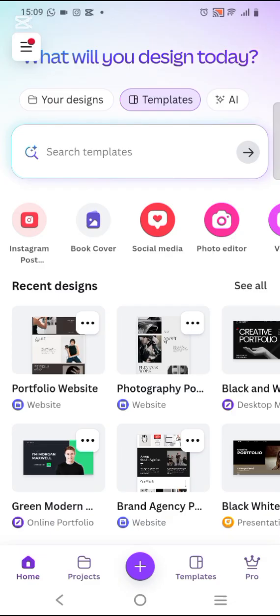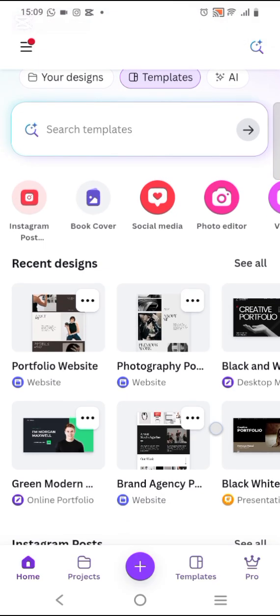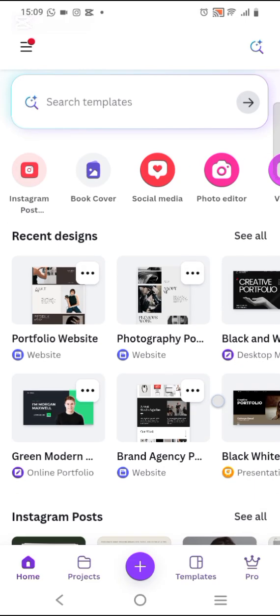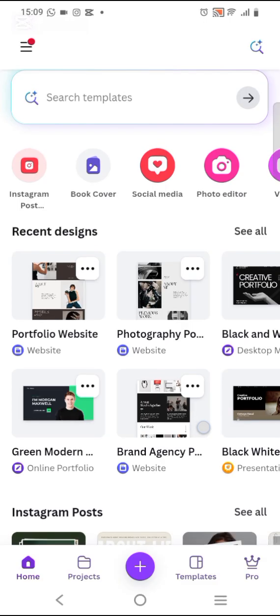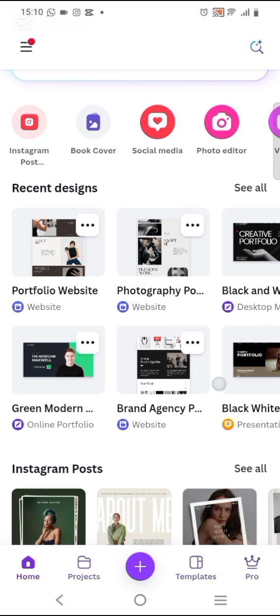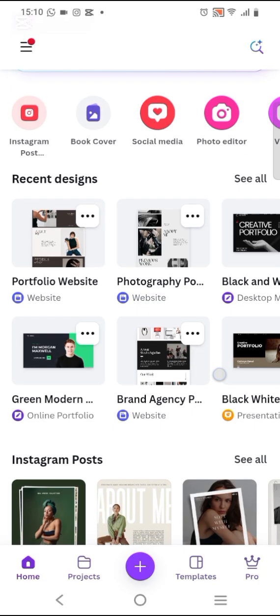Now, before we get started, let me explain to you what your portfolio really is. Your portfolio is the very first impression your client gets from you. And in this industry, your first impression can make or break an opportunity. You have to make sure you make a very good impression. Your portfolio is not just a collection of pages, it's more like a professional story. You should tell the client who you are. You should tell your client the kind of support you provide and why you are the right person to trust